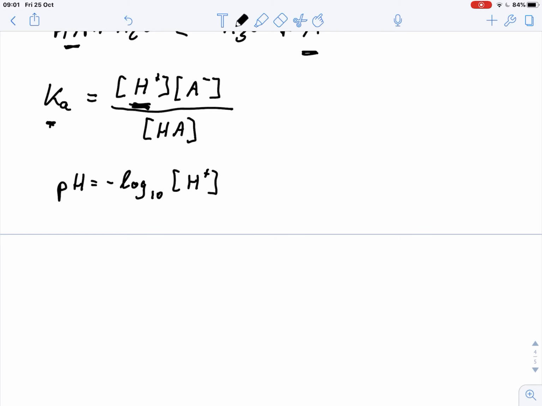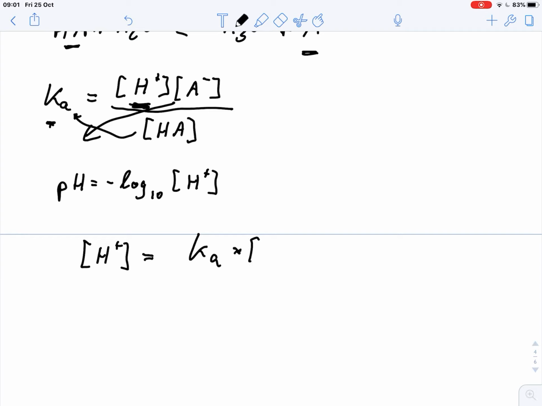And therefore we simply rearrange this equation to get the proton concentration. So the proton concentration in this case equals, we bring this to this side and we bring that down here. So we have Ka